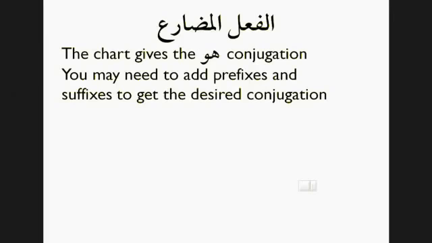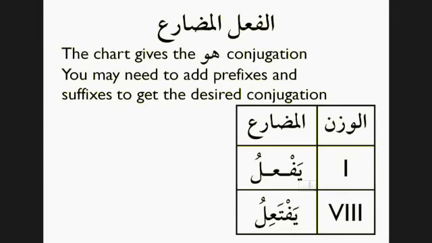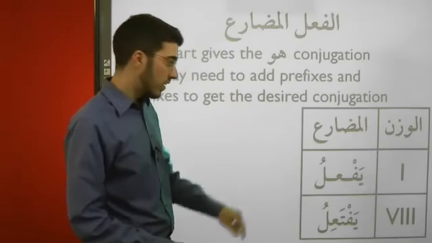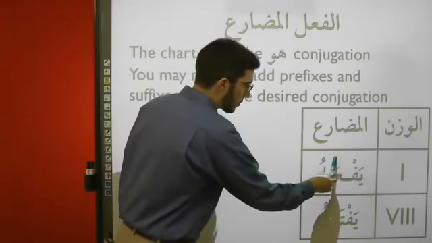So let's go ahead and take a look at the table. I have a zoom in right here. Notice we have the wazn on the mudari' in form 1 and form 8 this time. Notice I've left out the vowels on the ayn here. Why, of course? Because these letters, again, are still wild cards, and all possible vowels you'll find on the ayn